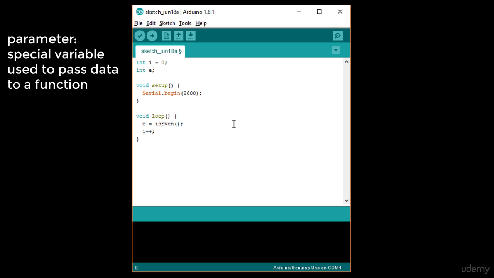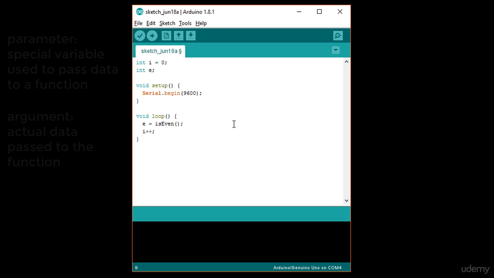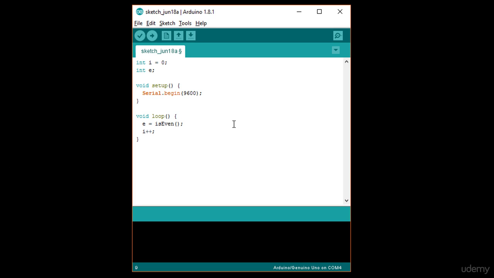They act as input, and we call the actual data we pass an argument, or arguments if there is more than one. We need to tell our function which number we want to perform the even or odd check on. We do that by putting the data between the parentheses of our function. So now we have e = isEven(i);